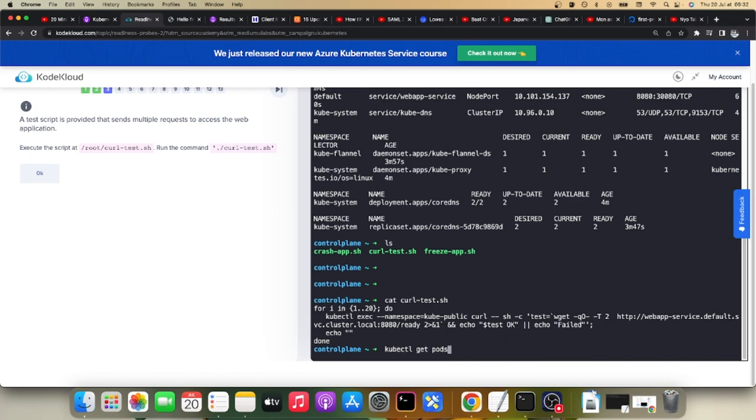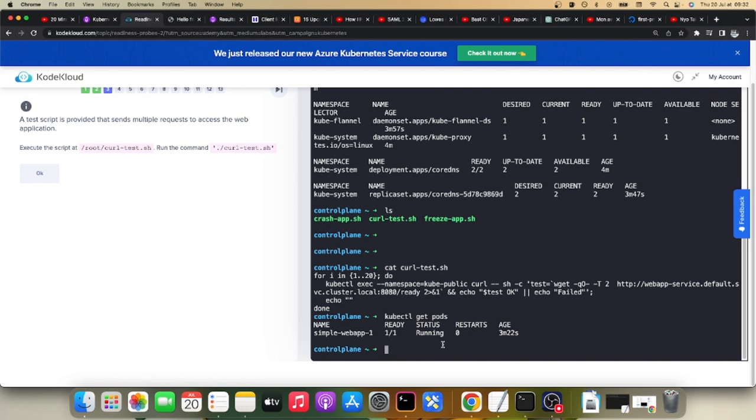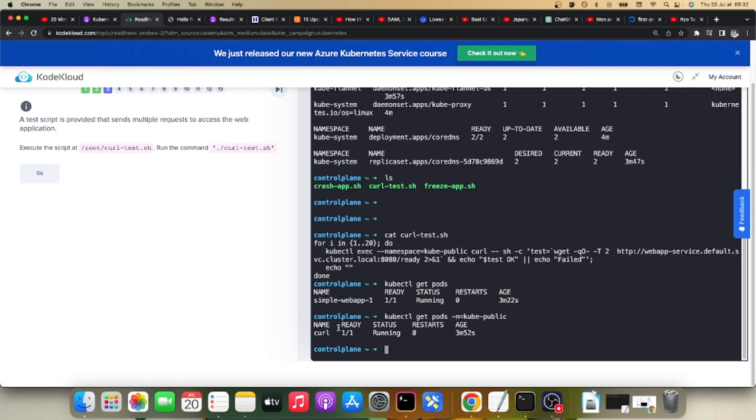kubectl get pods. Now let's get the pods in the namespace kube-public. What are the pods there? -n. Right, so we have a curl pod running here. So this command connects to that pod and executes a shell command, which is